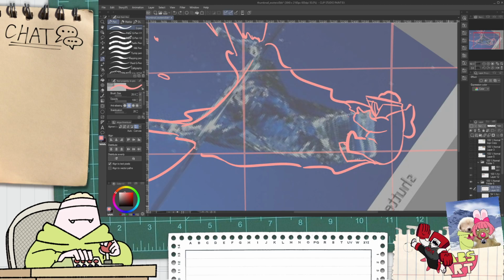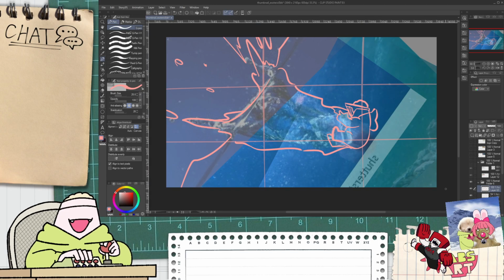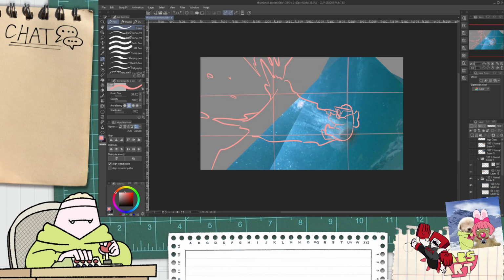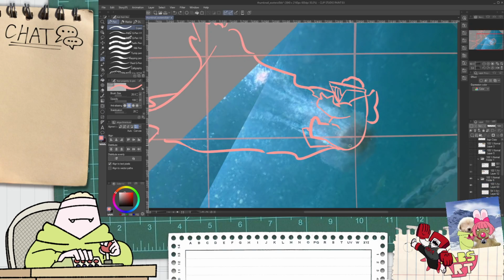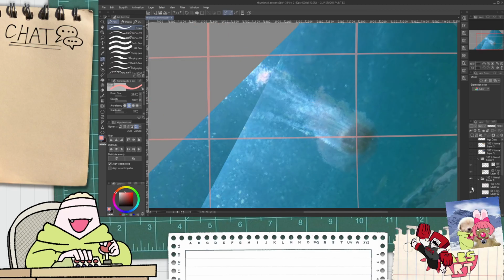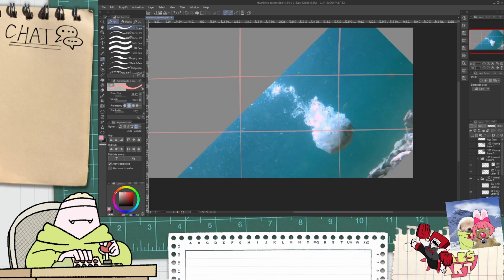Okay. So looking at that other picture of a rock falling in, we can see that there's a ton of bubbles clinging off of it. So I think maybe that's the move here.